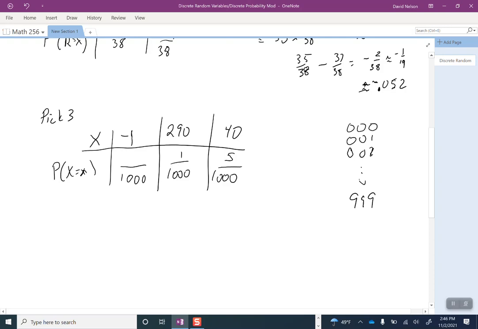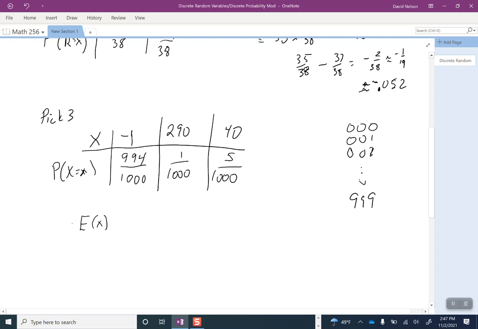And so the probability then that you're going to lose $1 is 994 out of 1,000, right? So that adds up to 1,000 if we add across there. So it's 1,000 thousandths. So there's our probability adds to 1 like we need there. So there's 994 times you're going to lose that $1. And so if we look at the expected value